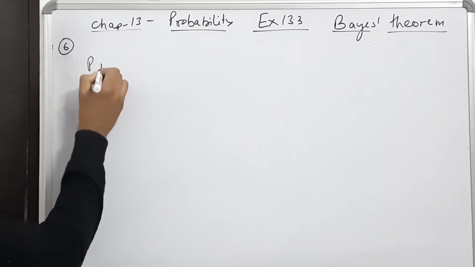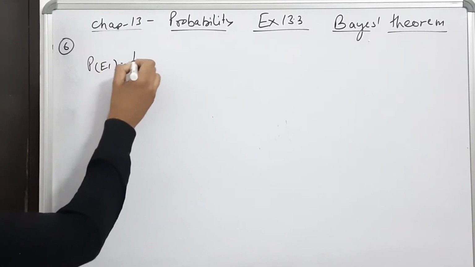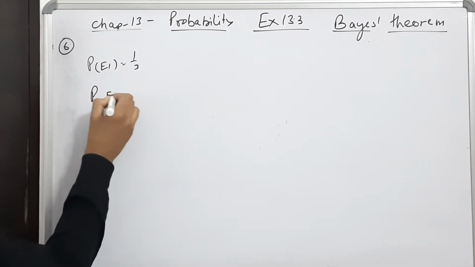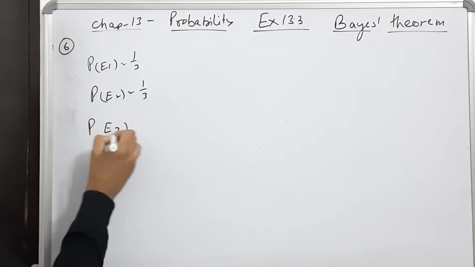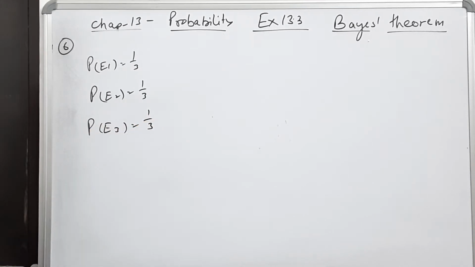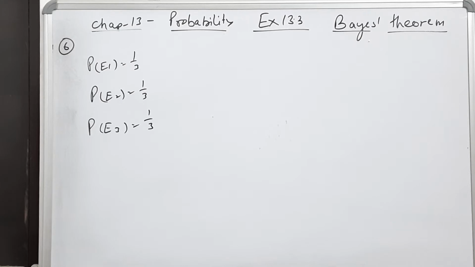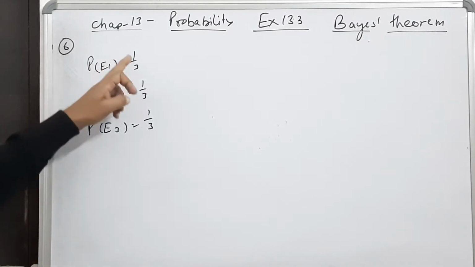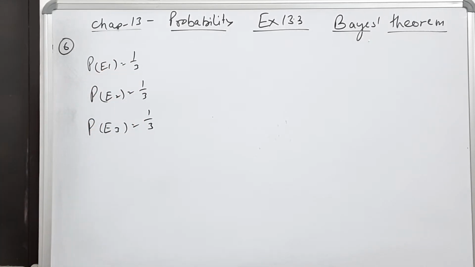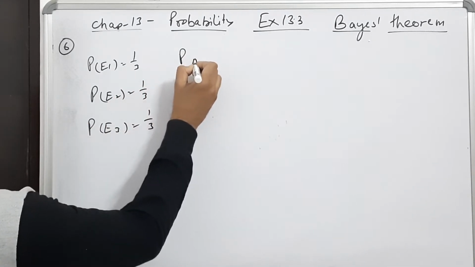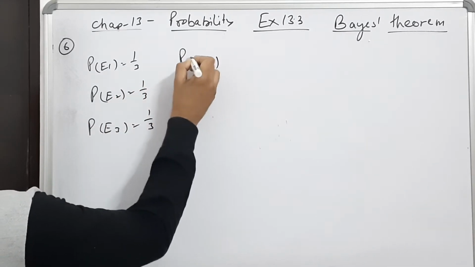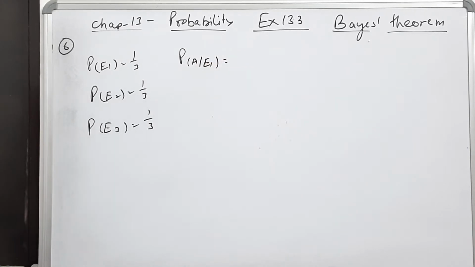Say P(E1) is the probability of selecting the first coin, P(E2) is the probability of selecting the second coin, and P(E3) is the probability of selecting the third coin. That is, all are 1 by 3, 1 by 3, 1 by 3. Now, one of the three coins is chosen at random and tossed, and it shows head. So we can say that P(A|E1). Here A is the event of getting head